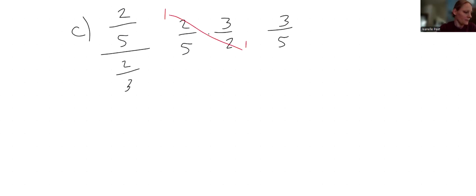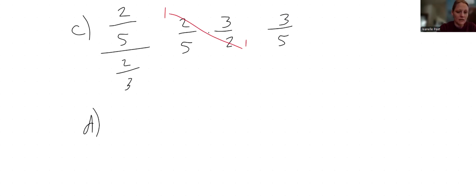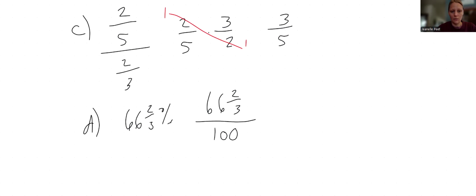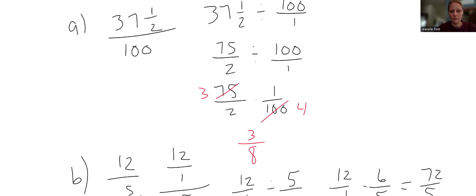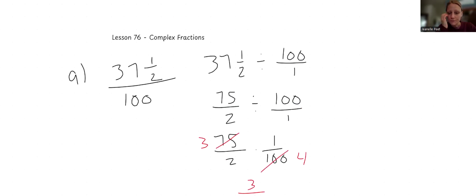Letter D. Now they want you to take 66 2/3% and turn it into a fraction. So remember that every percentage is out of 100, right? So you're going to take 66 2/3 and divide it by 100. Well, that looks a lot like the problem that we first started with, right? So what I'm going to do